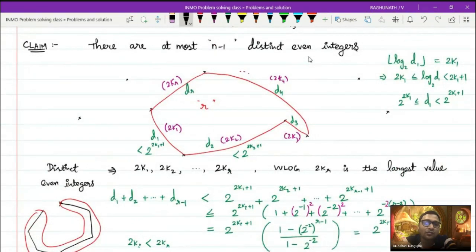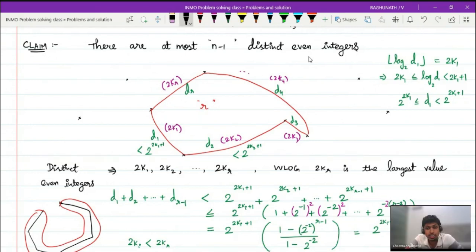I have one more comment here. The 1 plus 2 to the power minus 1 whole square, the one that you just did, even if we just took the infinite GP series there, even then it's a strict inequality. That will just give us a 2, so it can just arbitrarily go large. So continuing,